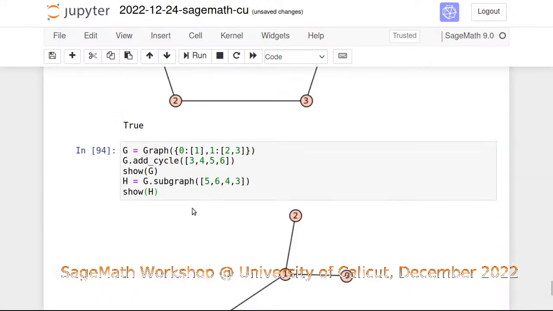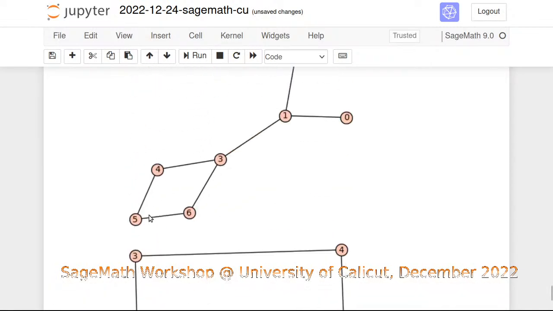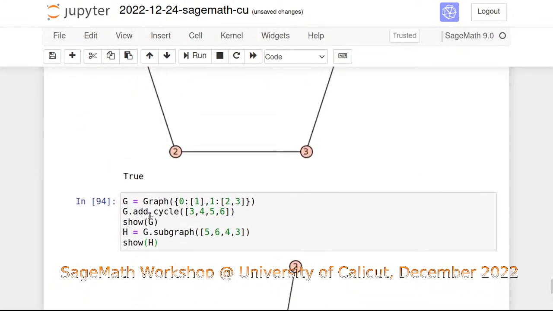Show edge. 5, 6, 4, 3 we get as the subgraph generated by these vertices. So whatever edges are connected in that, we are getting only those vertices. So we can even get a graph with only the edges connecting some of them. So instead of taking all, we can even take